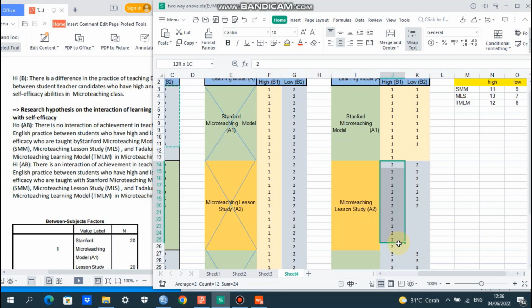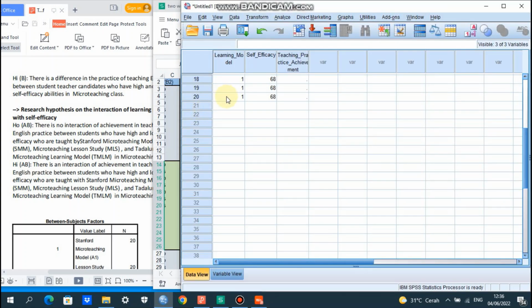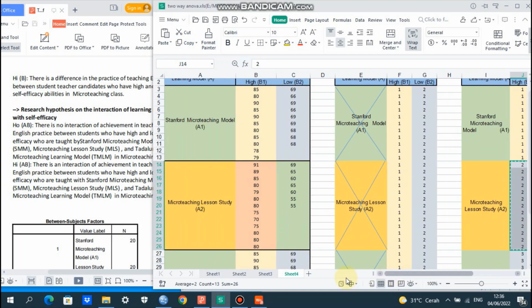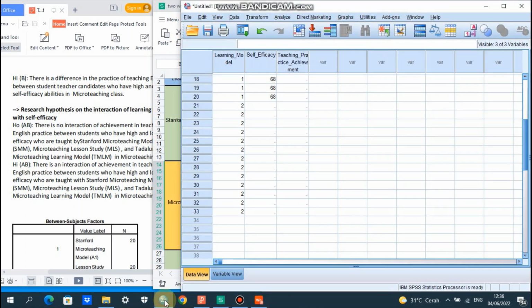So 13 students joining micro teaching lesson study, the code is 2 here. We paste it here, 13 students. And then we copy the scores of the high self-efficacy 13 students joining micro teaching lesson study.